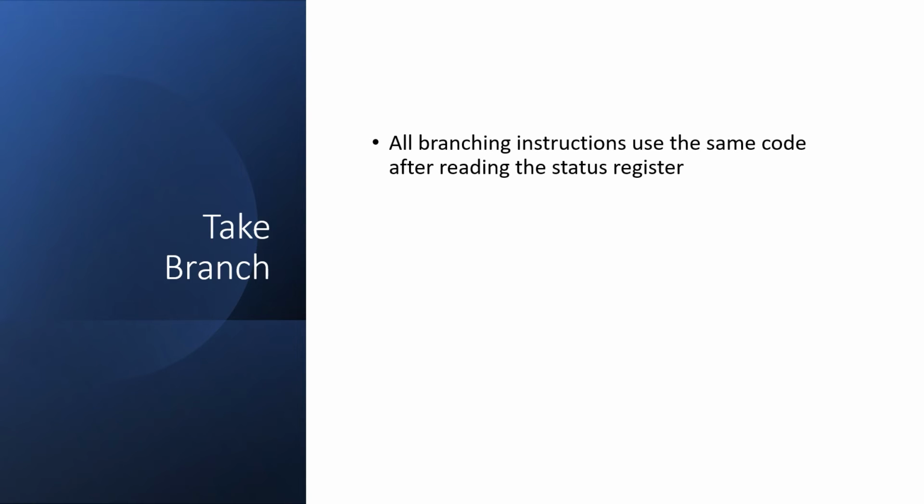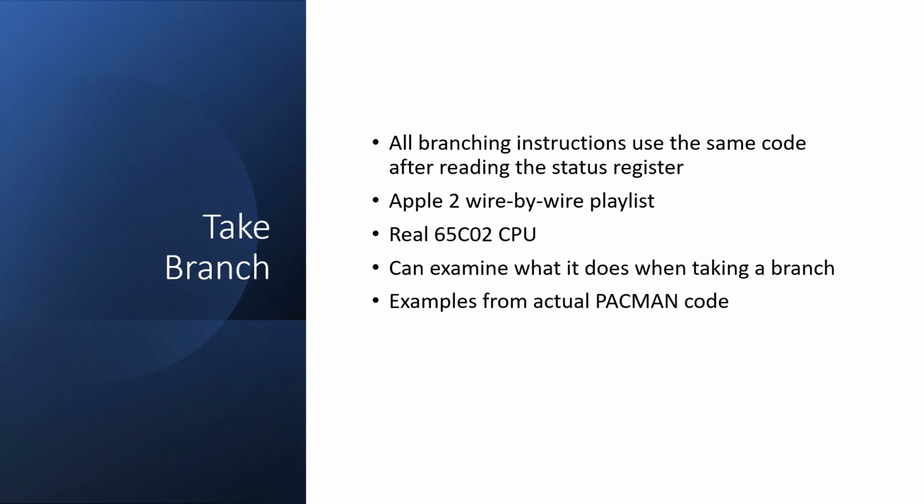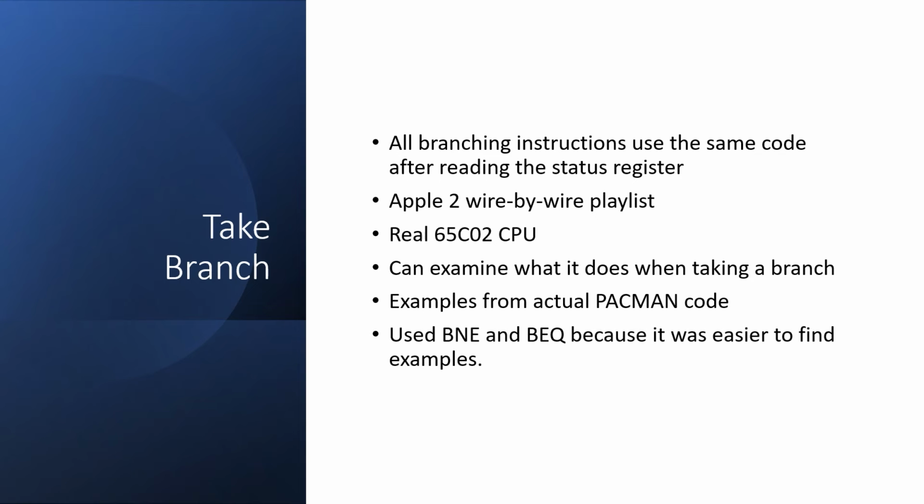All branching instructions use the same code after reading the status register variable, but this is quite complex, and I'd like to see what the real CPU does. Fortunately, I have another playlist called Apple II Wire-by-Wire Build, and this contains a real 6502 CPU. The CPU is directly connected to an Arduino Mega, so I can snoop on all the bus transactions. So I'll look at some examples from the Pac-Man code to see exactly what it's doing. Now, it just turned out that BNE and BEQ were easy to find examples for, so I used these instead